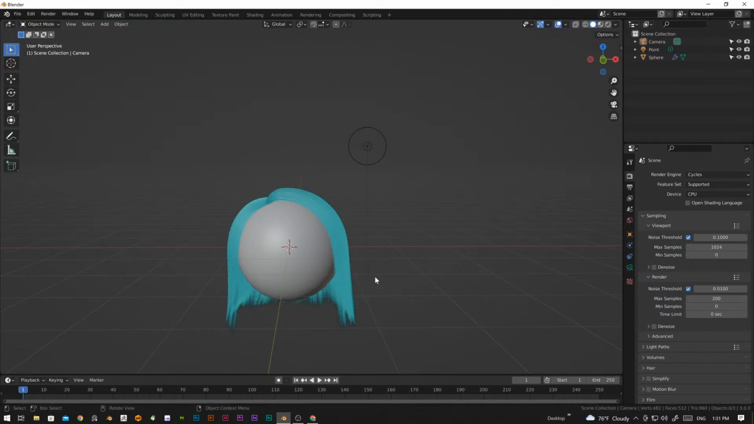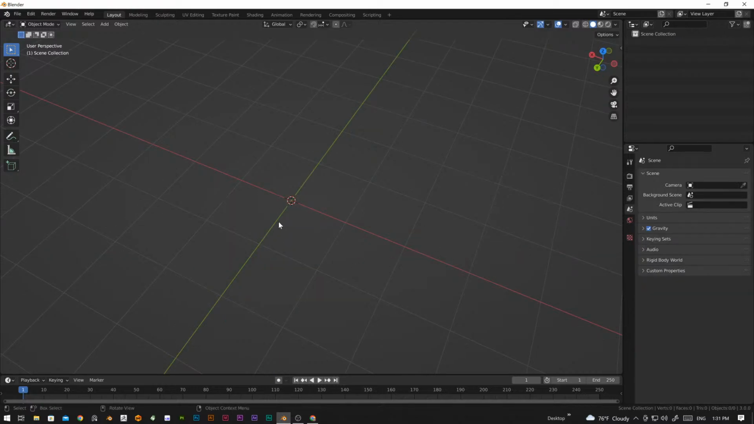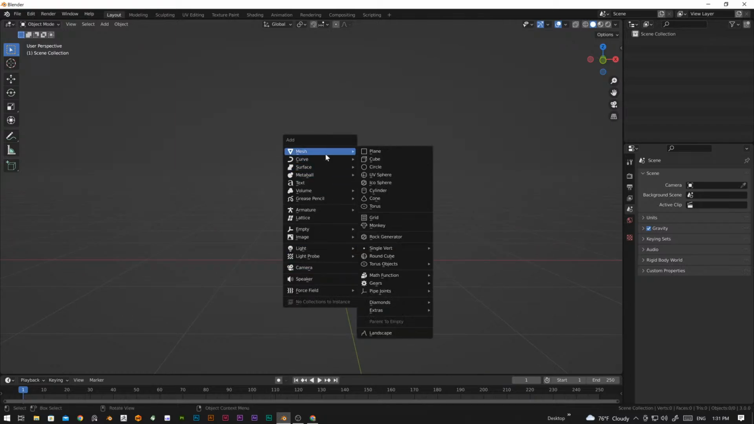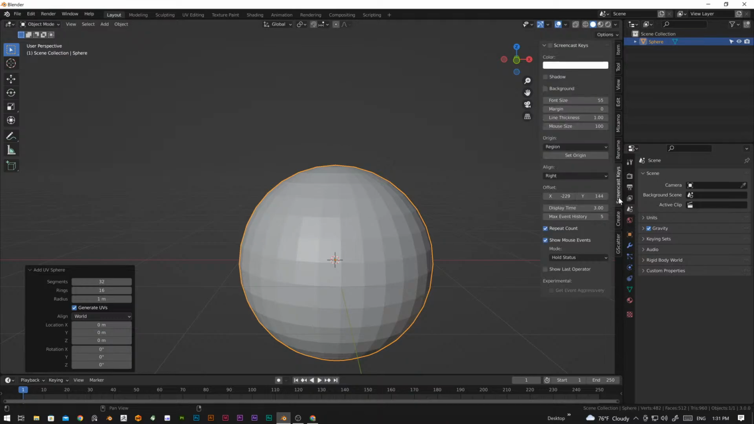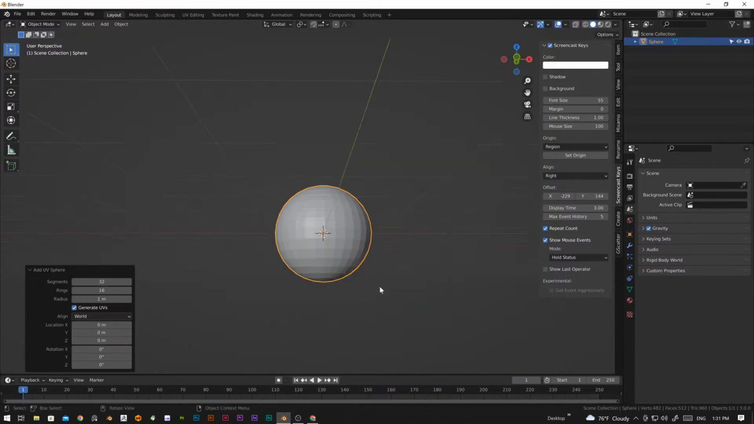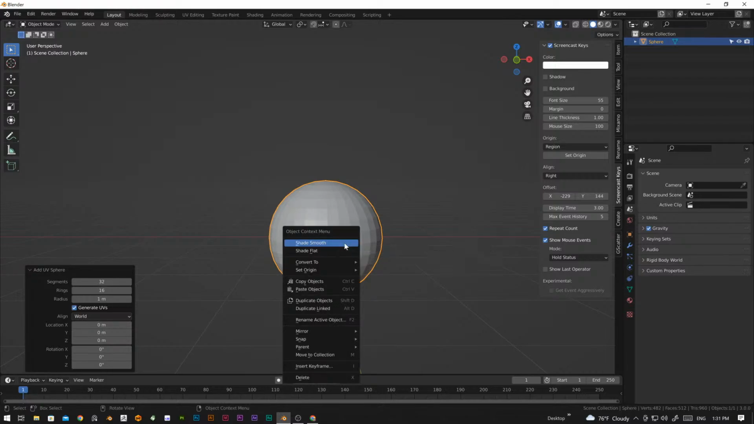So let me save. Now, first thing we're going to do is add a UV sphere, and before carrying on, let me turn on my screencast so that you can see what I'm pressing. After adding a UV sphere, right click and then Shade Smooth,